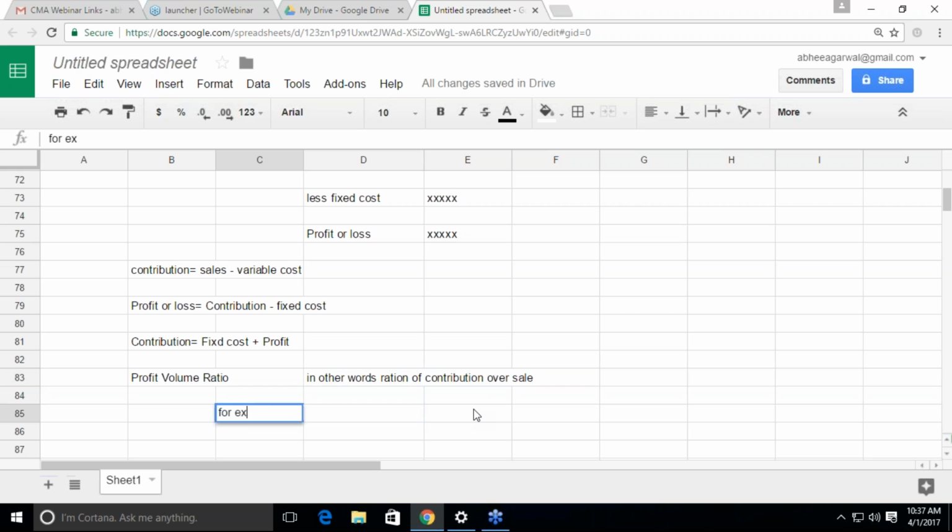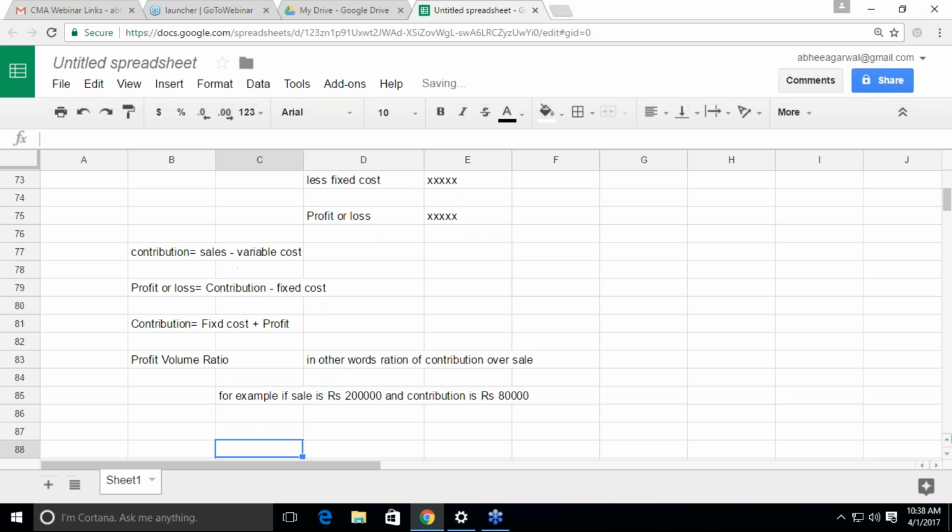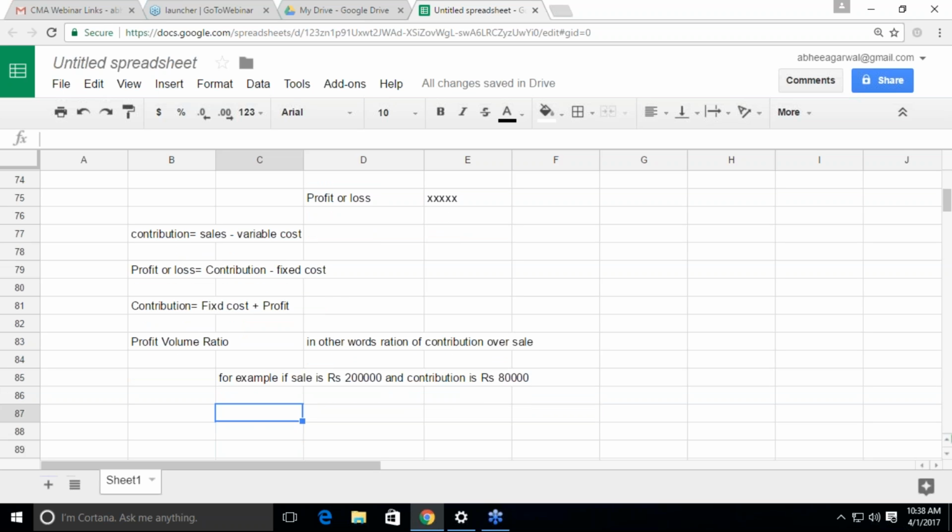For example, if sale is 2 lakh rupees and contribution is rupees 80,000, sale is rupees 2 lakh and contribution is rupees 80,000. So your profit volume ratio